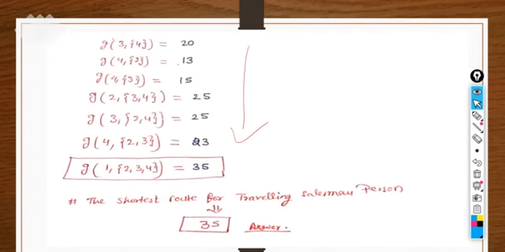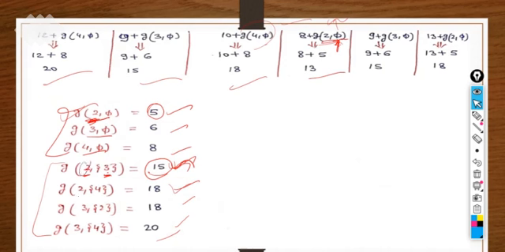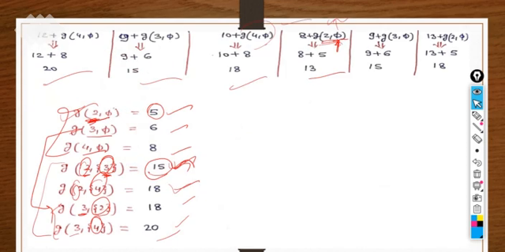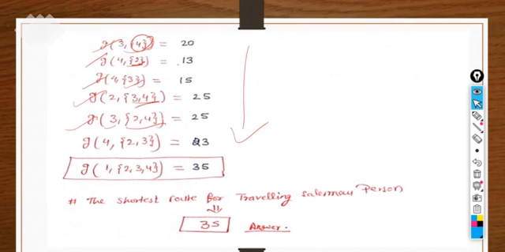At last what you will get here, like for 2 there are two possibilities. If you are taking 2, either you can go 3 or 4. Next, if you are taking 3 as a value here, there are further two possibilities. If you are on the 3, next move you can go to the 2 or 4, because 1 is already covered. So next possibility, if you are taking 3, then 4 and 4 also you can go. If you are taking 4, either you can go next to the 2 or 3. If you are taking 2, then 3 4 are the possibility. If you are taking 3, 2 4 are the possibility. Nothing is there to move, only one node, then the next two nodes.